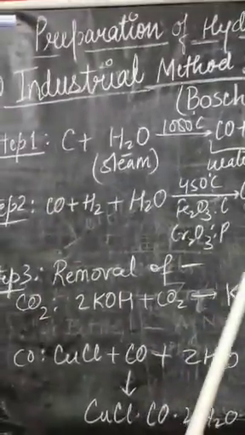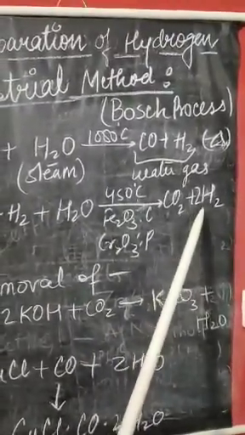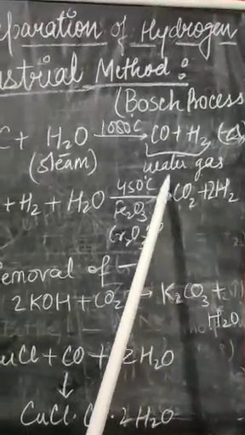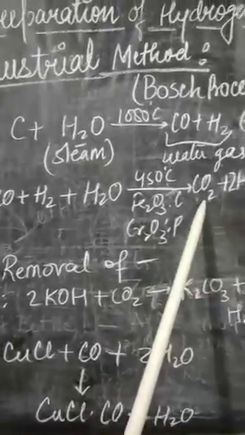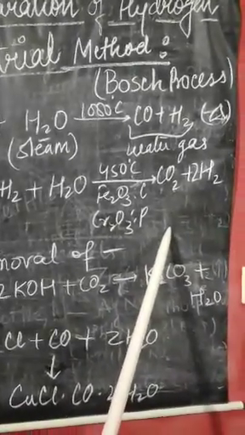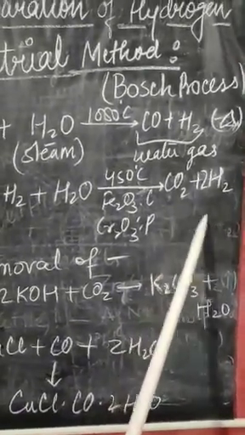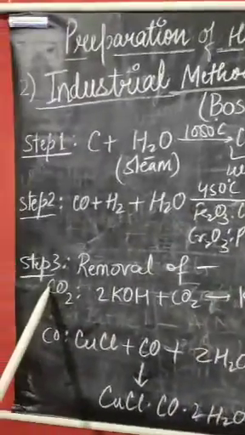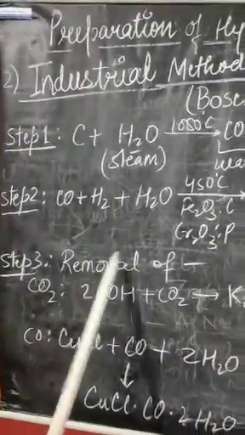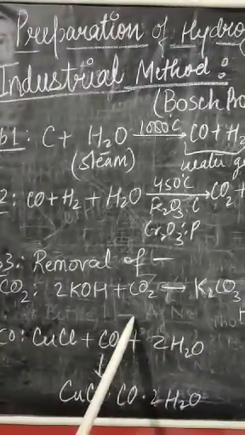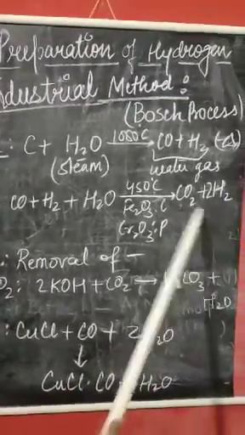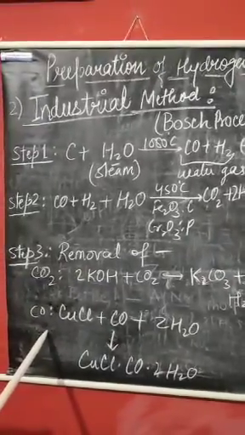Now you see in second step hydrogen gas is formed, but with this hydrogen gas there is impurity in the form of carbon dioxide, and if there will be less amount of oxygen, there will be also a formation of carbon monoxide also. Therefore, we will go to the third step. This third step is separation or removal of carbon dioxide and carbon monoxide. Now we will take above mixture. Then it will be going through two processes.